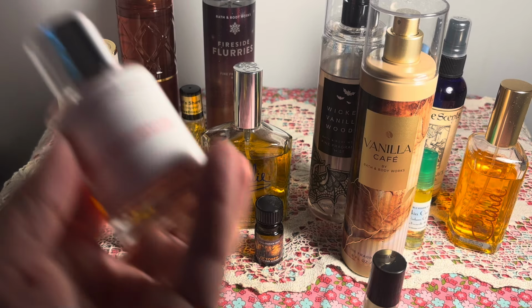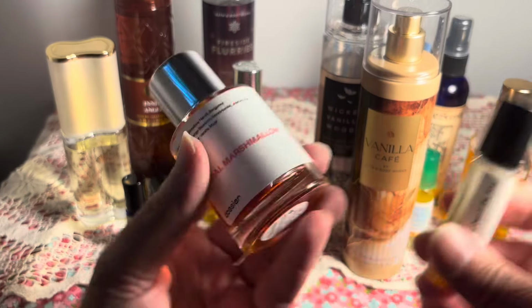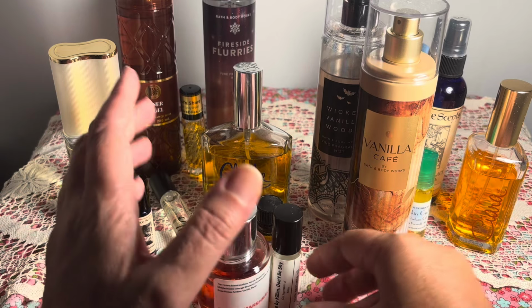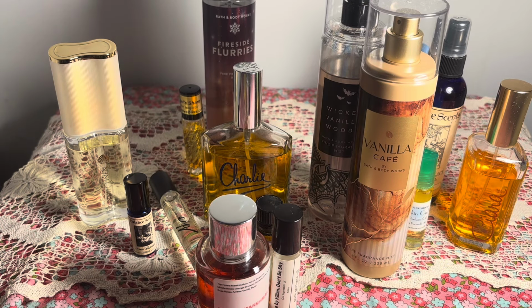And I absolutely loved it. In fact, when I came home, I was kind of tempted to just keep wearing this. I really do see the beauty in having more of a signature scent. I'm smelling so many things all the time that sometimes I just lose appreciation for something that just smells basically good. But while I was there, the one scent that I smelled over and over on other people